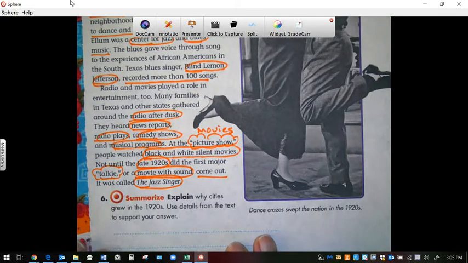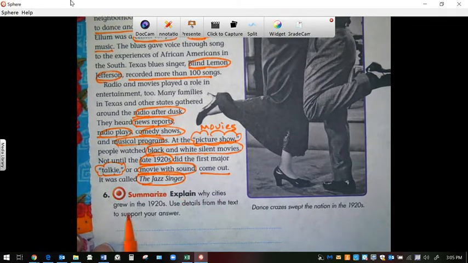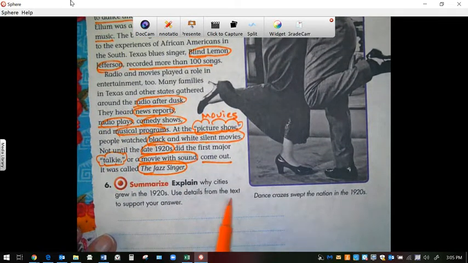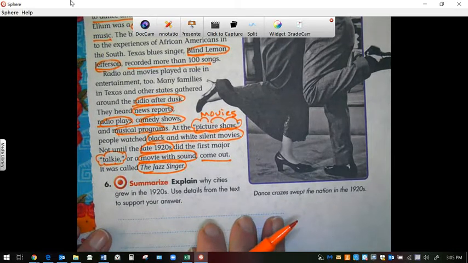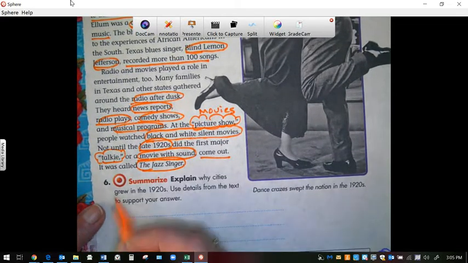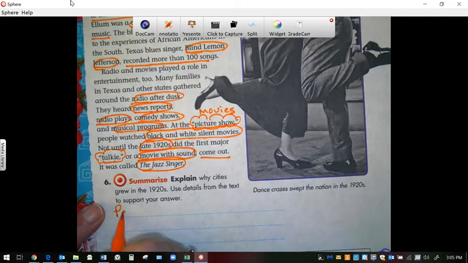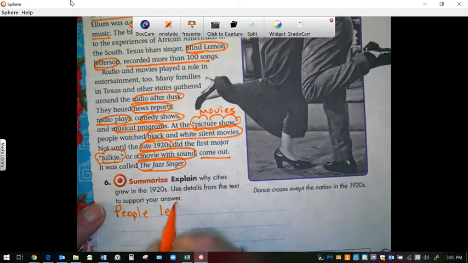The question says, explain why cities grew in the 1920s. Use details from the text to support your answer. So why did the cities grow? Because people left the farms